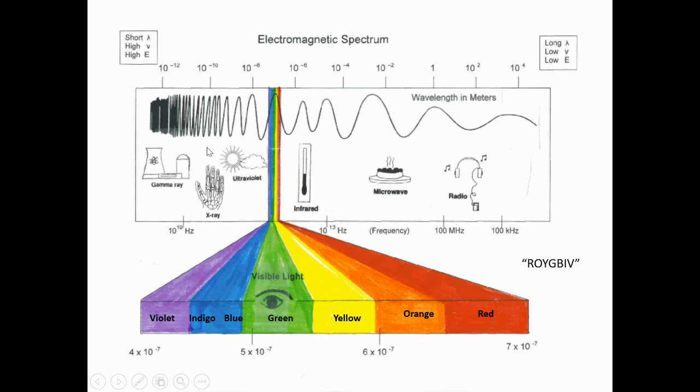Getting shorter yet, higher frequency, higher energy are X-rays. You may have gotten some yourself. You probably know someone who's gotten X-rays. You're somewhat familiar with them. Those have a lot more energy than ultraviolet light, which kind of gets stopped by the skin. X-rays can penetrate the skin so that they can take pictures of our bones. So it's very useful for determining broken bones, for determining whether you have dental cavities, that sort of thing. So they are useful, but we don't want to be exposed to a lot of them.